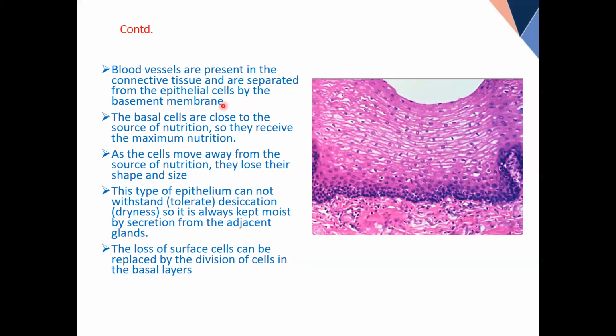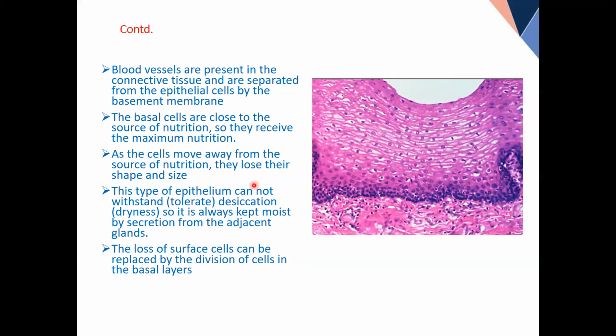Now I will read. Blood vessels are present in the connective tissue. This concept we already know. The basal cells are close to the source of nutrition. So see, everything is explained. As the cells move away from the source of nutrition, they lose their shape and size. This type of epithelium, the first one, cannot withstand